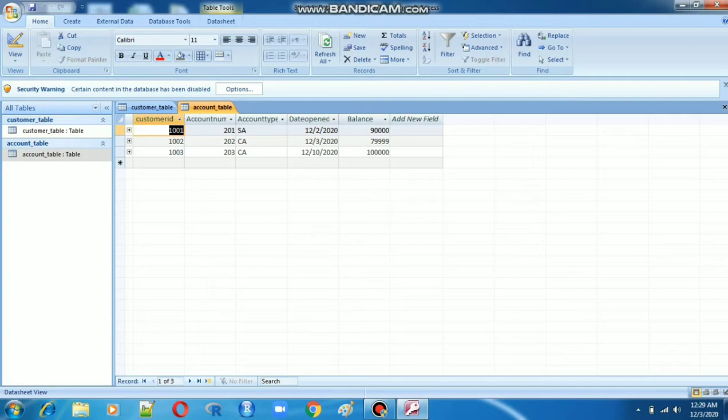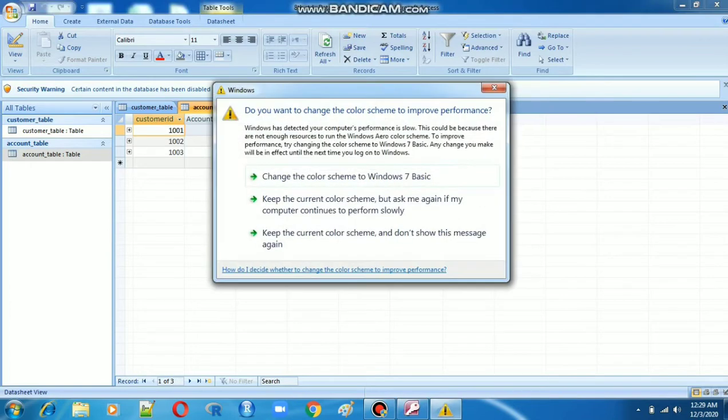Next, a query can view a subset of data and answer questions about your data. So not only questioning, it will be answering the data. Queries give a subset of data, questioning and answering the data. Next, a query can be based on tables or on other queries.